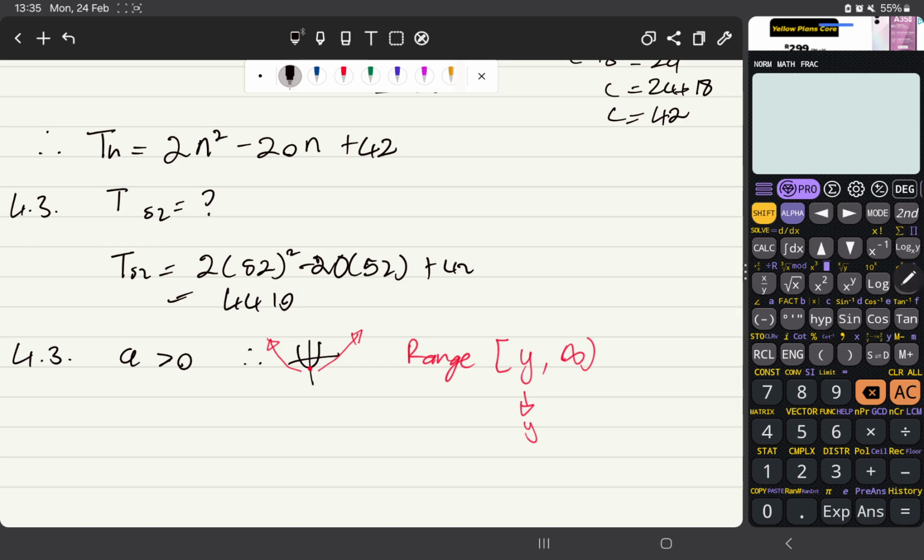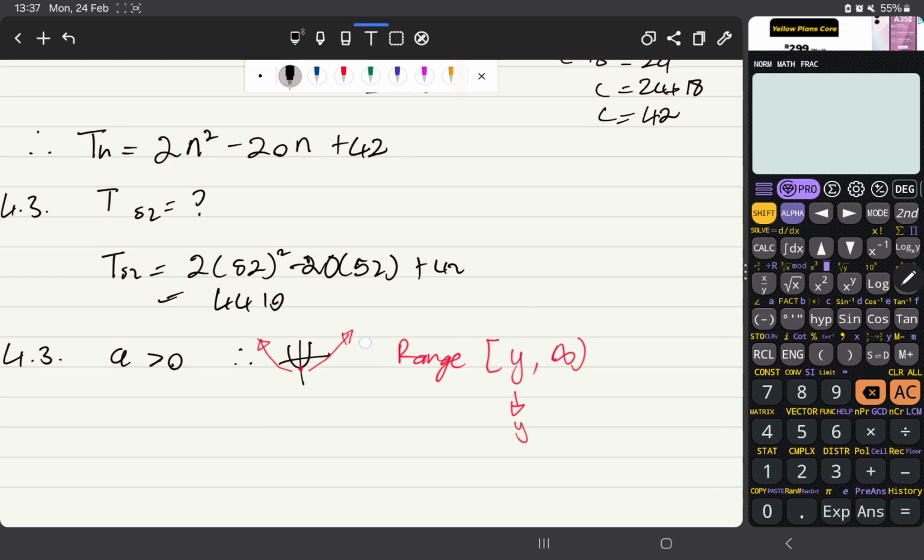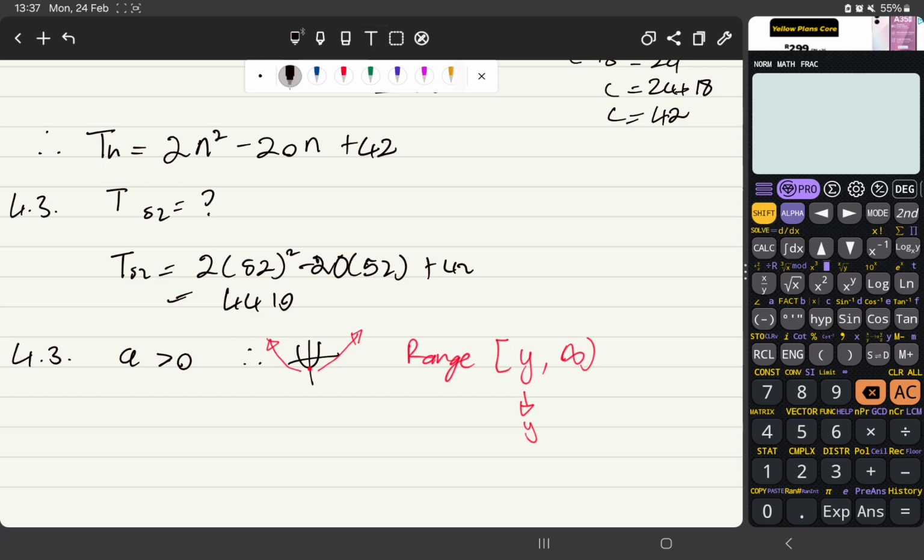Once you know the formula, you can just substitute and get the answer. So that formula we're looking for, it's